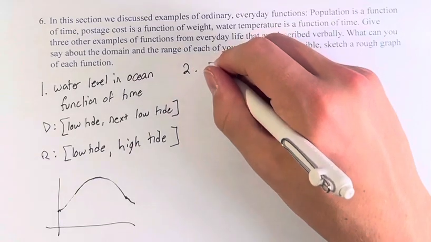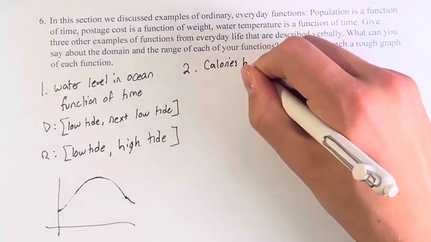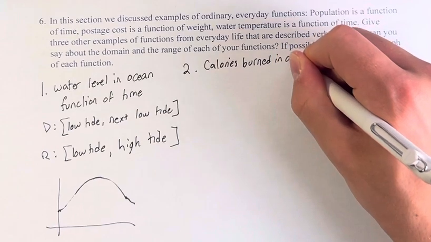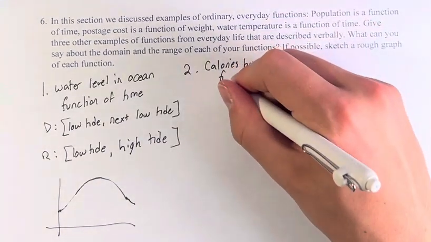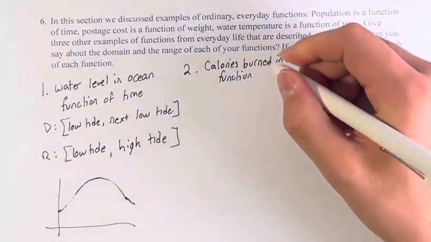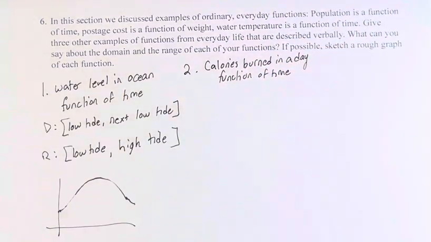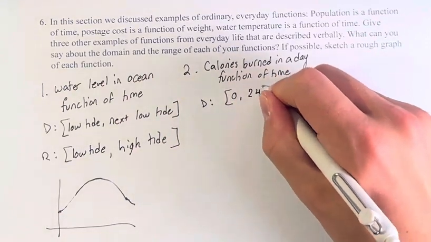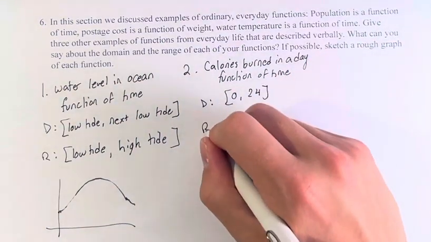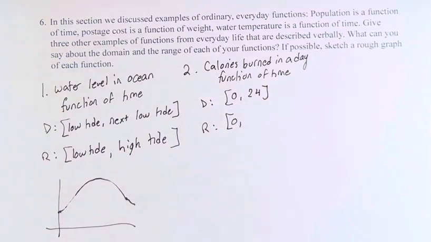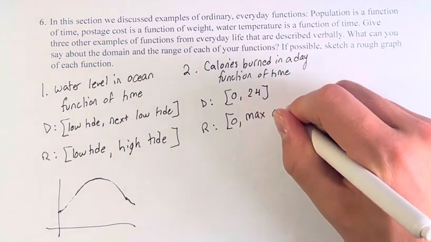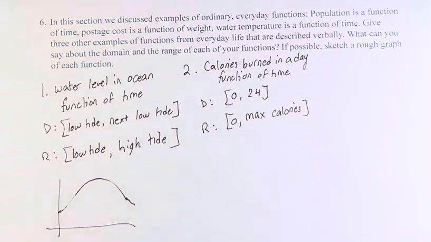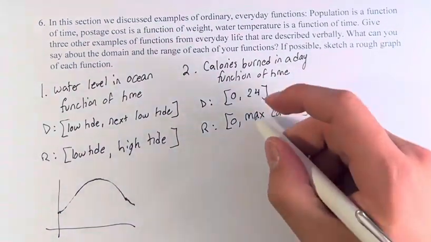Next, we could do calories burned in a day. What would that look like? Well, again, that's a function of time, right? As the day progresses, the number is just going to keep going up. The domain, that is the time values we can take, can just be 0 to 24 hours since we're just looking at one day. And the range is from 0 to whatever maximum value you end up reaching. The maximum calories, the final result, whatever you want to call it, 0 to whatever that is, right? Maybe 2,000 in a day,